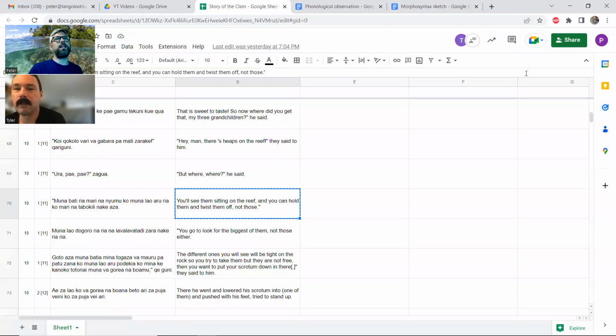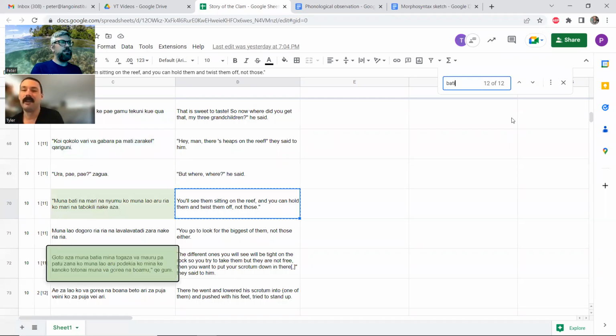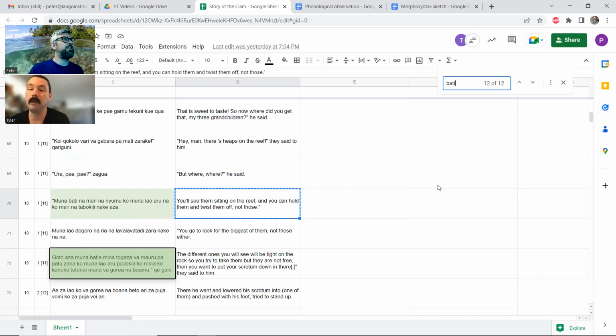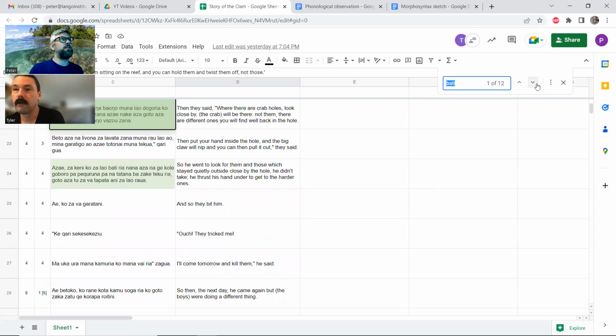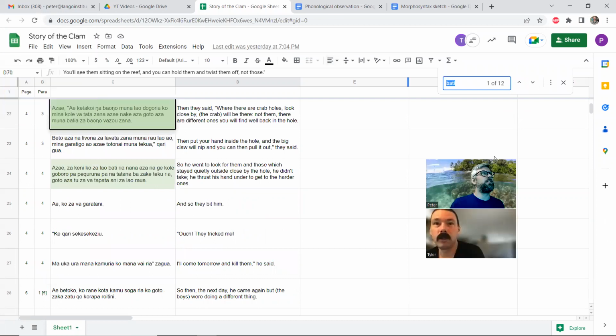So let's search our document right quick for bati. But in other Oceanic languages, as you probably know, ti could give a C sound. The spelling si only occurs once, so we really don't know. We're just going based on spelling. It'd be like if we're looking at an English text, not knowing any English, saying things like "te" and "one" for "one." So here it looks like bati is